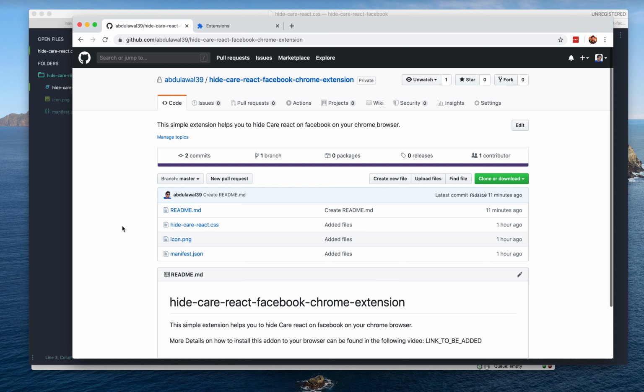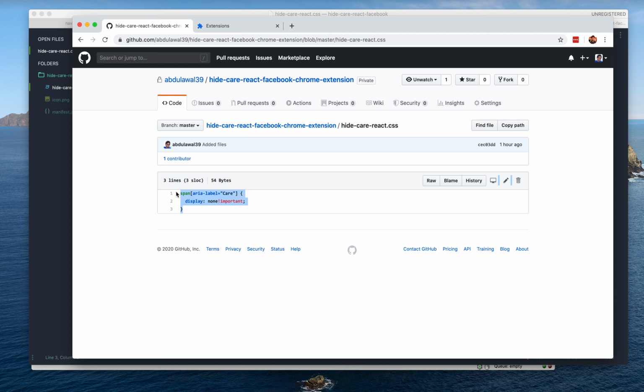It uses just a simple CSS that can be found on this file. This is the CSS code that does the trick. It hides the care react icon on your Facebook when you browse it from the Chrome browser. Okay, in this video I'm going to show you how to get this extension and install on your Chrome browser